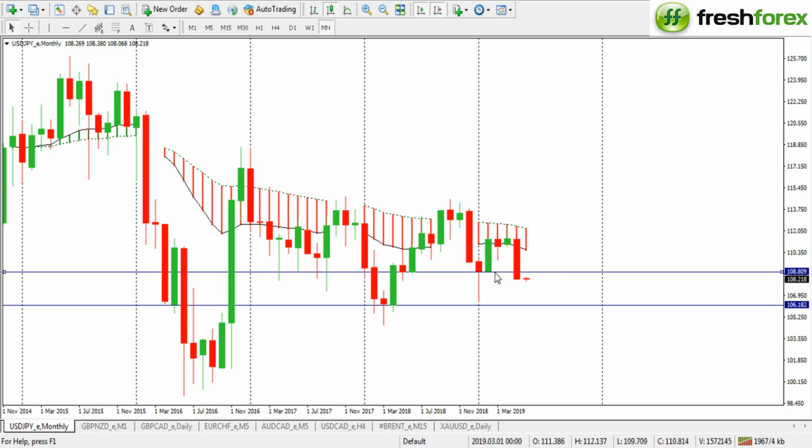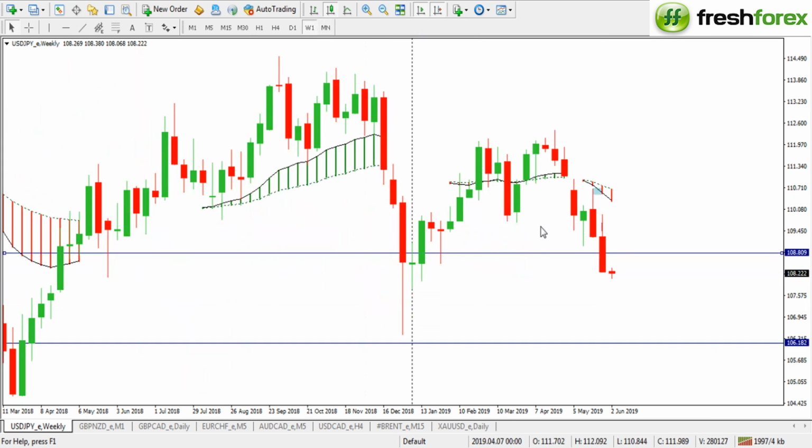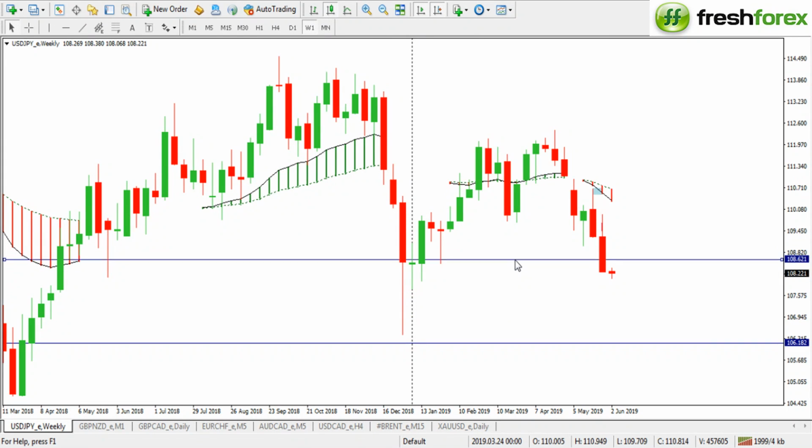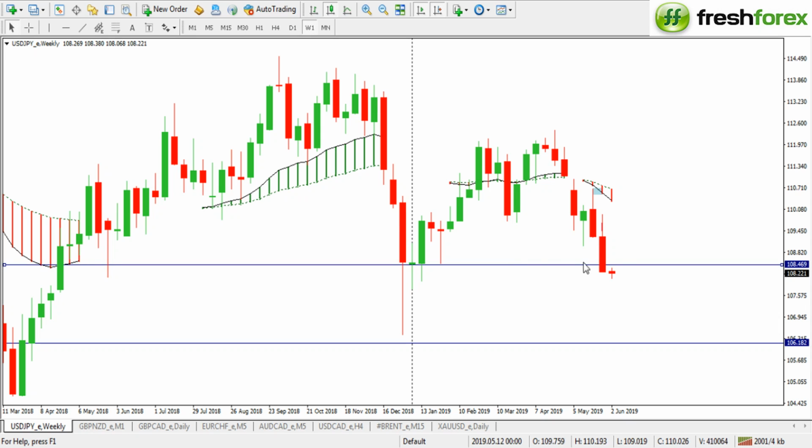So we advise you have a pending sell limit, have a stop loss slightly above, and the take profit needs to be here, 106.182. That's according to the monthly. On the weekly, we've also gone below a level, which is this one. So this is still a sell even on the weekly. USD JPY is a sell up to the next level,